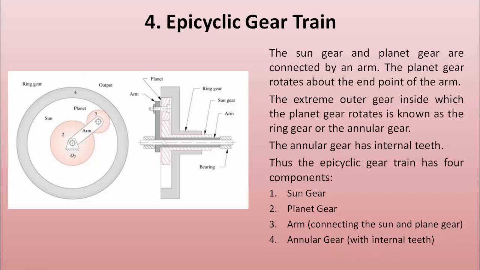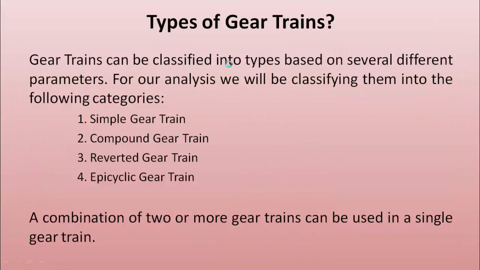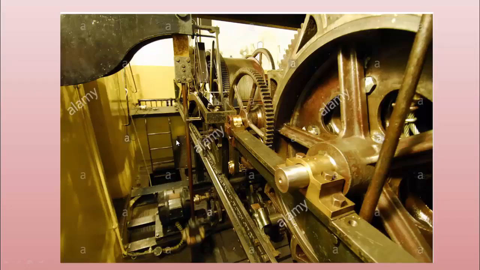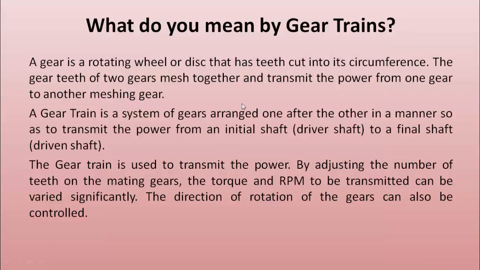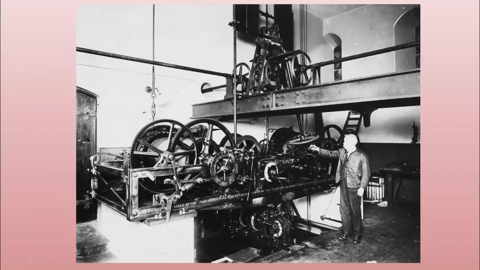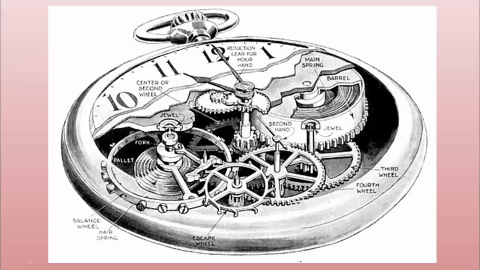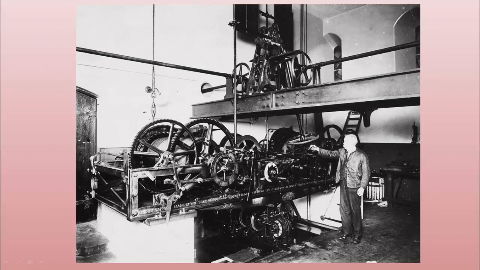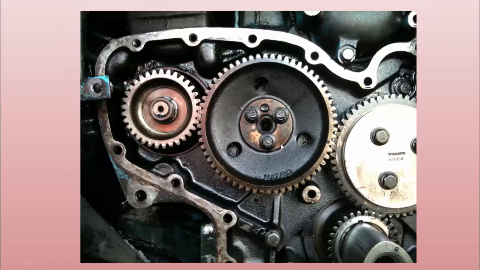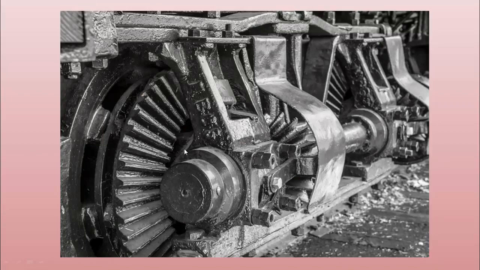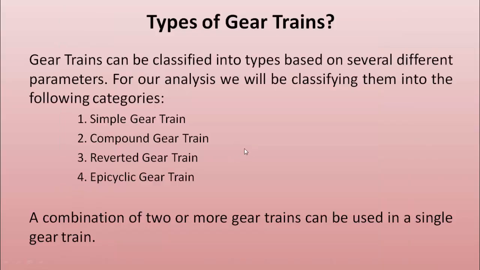So with this I will conclude today's video, because in this we just saw an overview of what a gear train is and what the practical applications of gear trains are. For example, a gear train is an arrangement of different gears which is used to transmit power from one shaft to another. We saw different examples of gear trains. Gear trains can be as small as something within your pocket to something as big as buildings. They are found in engines, in steam trains, in clocks, they are found everywhere.